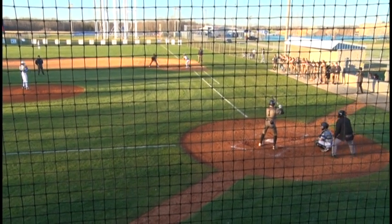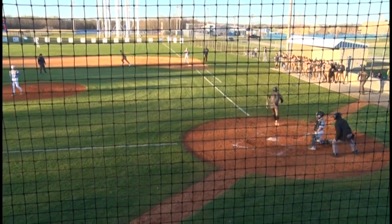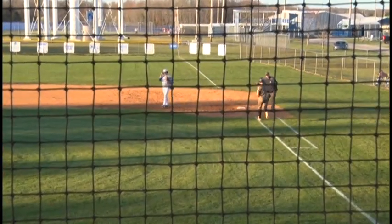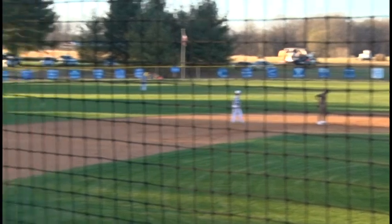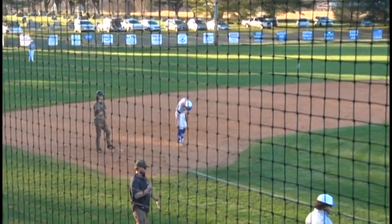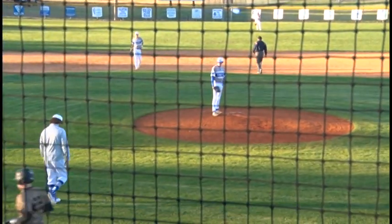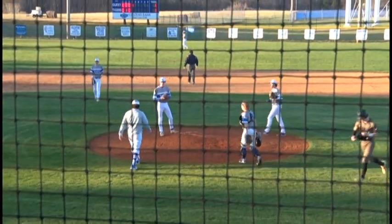King still on first. Has not attempted to steal second. Breaking ball didn't break quite far enough. And so he walks him. And he walks the bases loaded. And that brings up 22, Vance, the designated hitter. And so Soup and Austin Craighead, the assistant coach for the Tigers, going to come out and talk to Hunt